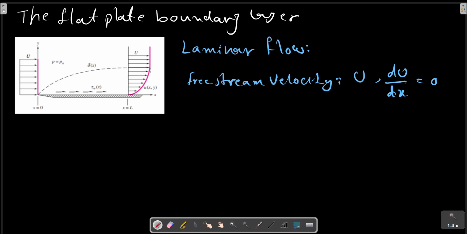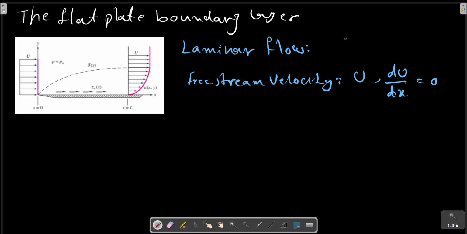The solution was given by Blasius, a student of Prandtl, in the early 20th century, in his dissertation, from some experiments and